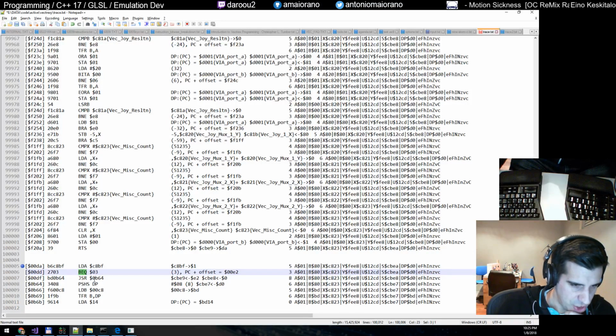It says branch if equal to 03. It's not, it's 1, so we don't branch to 00E2. So we continue. It says now jump to this subroutine at 0B64, and in that subroutine, it starts by pushing